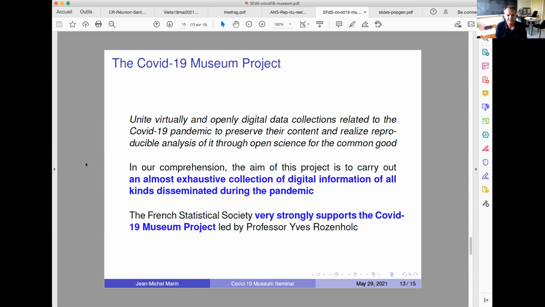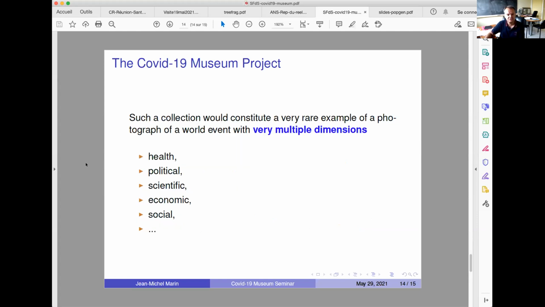So in our comprehension, the aim of this project is to carry out an almost exhaustive collection of digital information of all kinds disseminated during the pandemic. So we very strongly support this project, for the main reason that such a collection would constitute a very rare example of